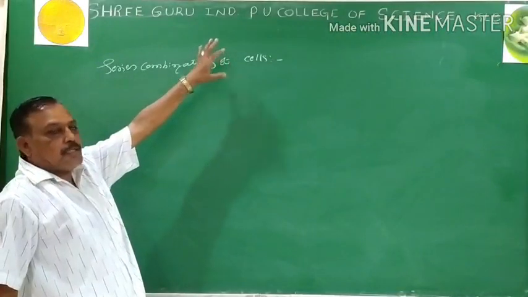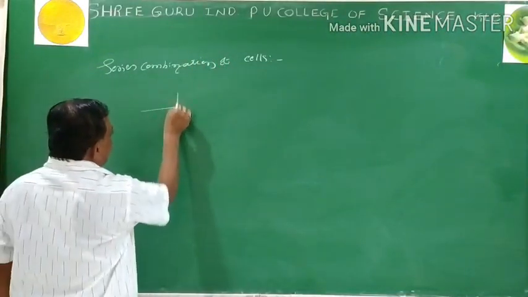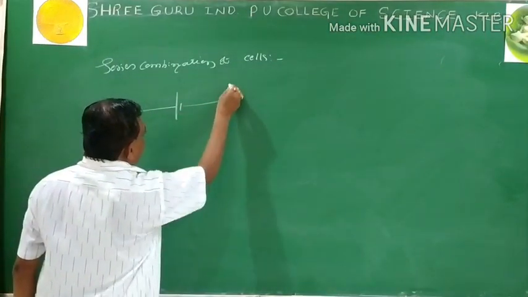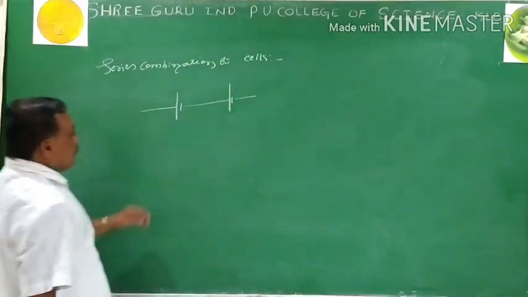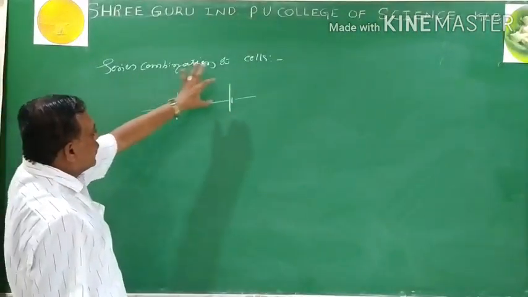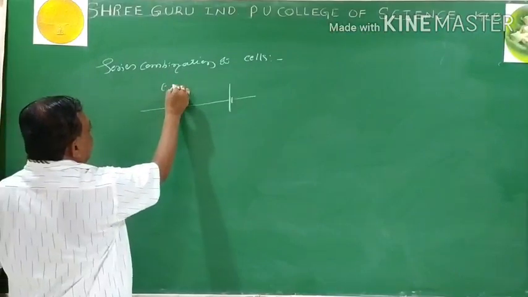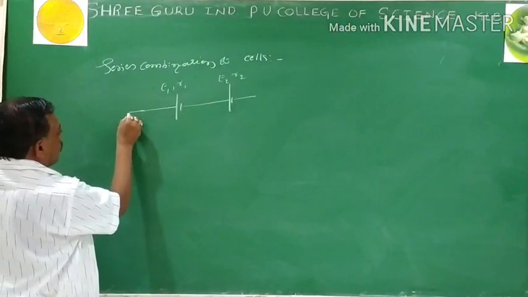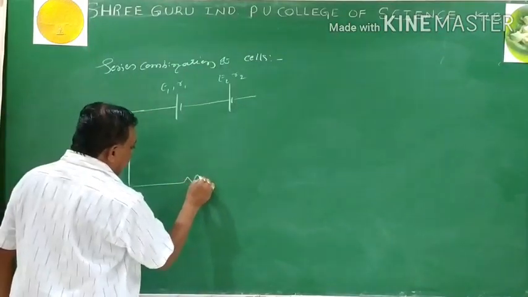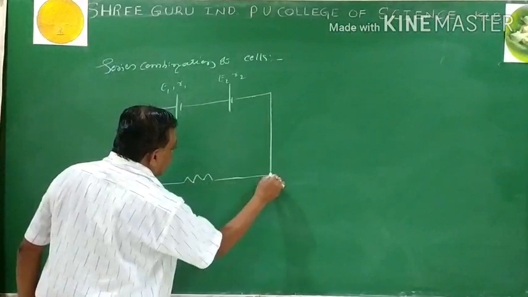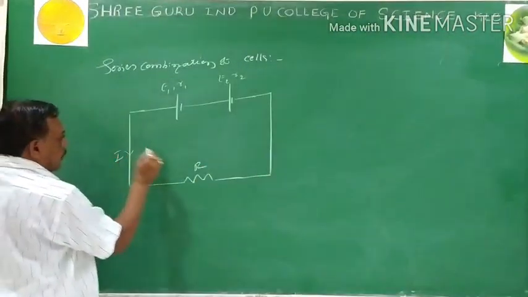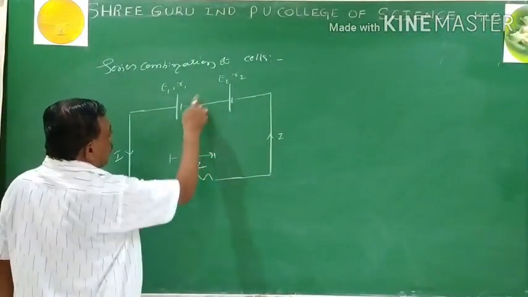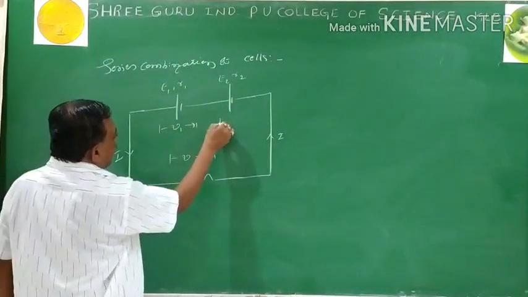For the combination, how many cells are required? Two cells. I connect the cells such that one terminal of a cell goes to the other terminal of the next: negative goes to positive and the process is continued. The negative terminal of a cell is connected to the positive terminal of the next cell. Every cell has EMF E1, internal resistance R1, EMF E2, internal resistance R2, and it provides the current. To maintain the current in the circuit, I need a conductor having resistance R. I is the current in the circuit. The product of current and resistance gives the potential difference. Because of the internal resistances, potential differences exist, V1 and V2.